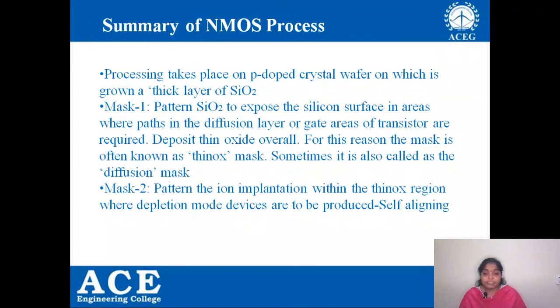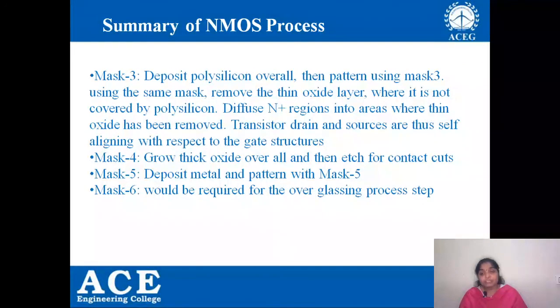And coming to the second mask. This second mask is used for formation of the gate. You can also call it the self-aligning mask. This second mask is actually what we have seen in these PPTs. Coming to mask 3, in this we need to have diffusions in order to form source and drain. In order to select those areas, you require one mask, right? So that mask is this third one.